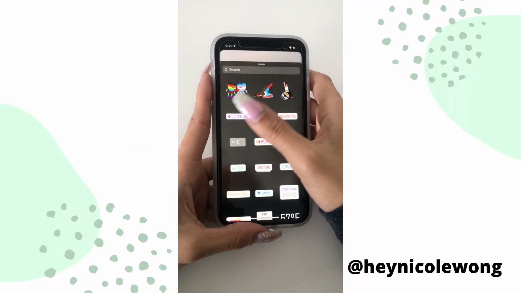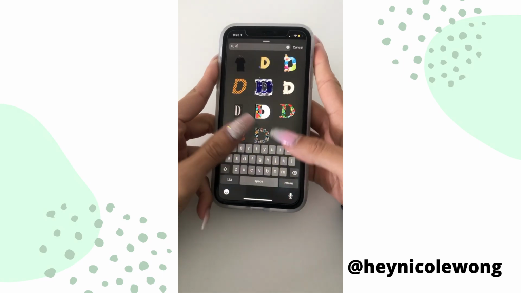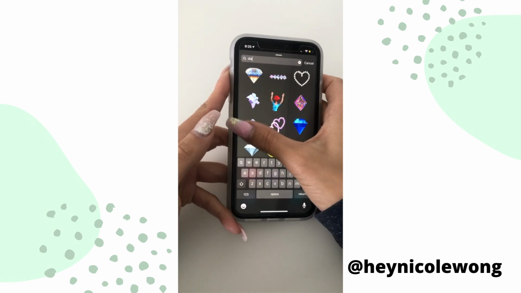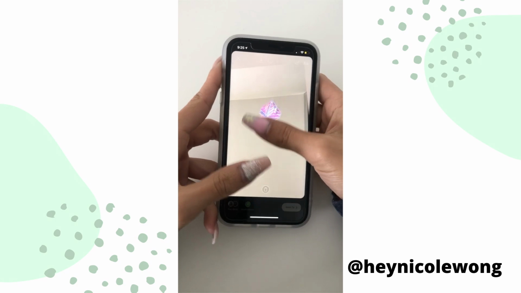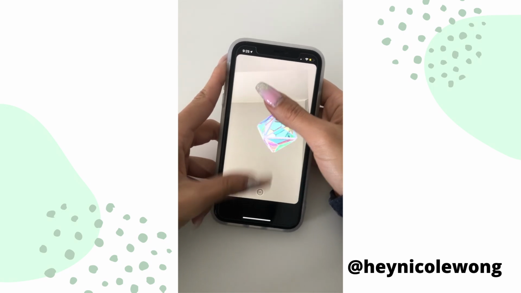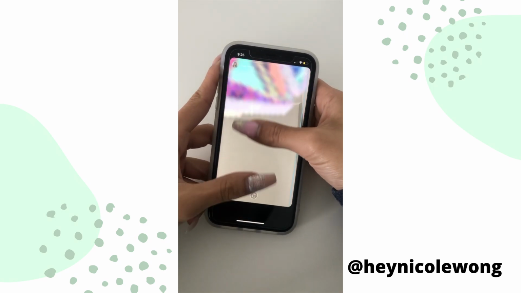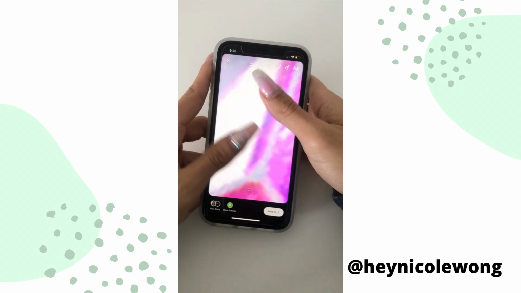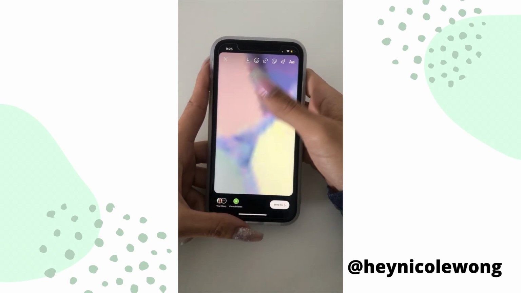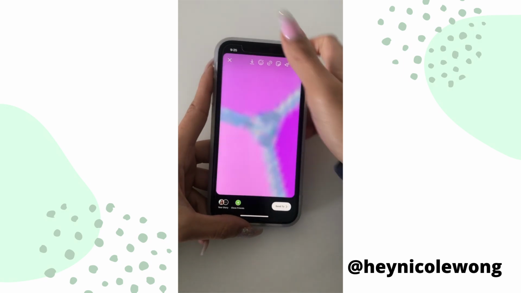First, take a random photo and then swipe up, then click GIF. Then type the words Daya and then click on the specific diamond here. And then using your 2 fingers, stretch it out until it covers the whole screen of your phone. After that, you can save the video by clicking the down pointing arrow at the top part of your screen,